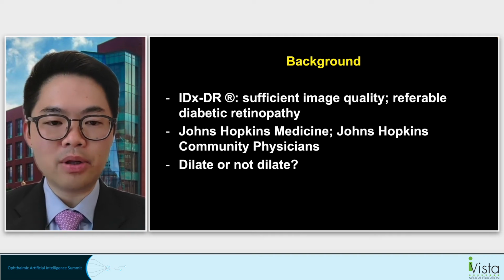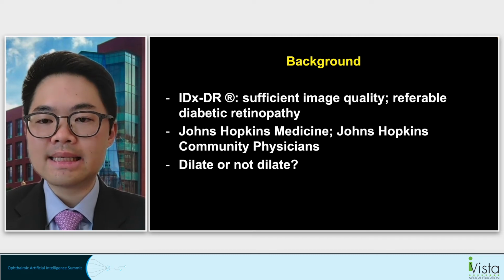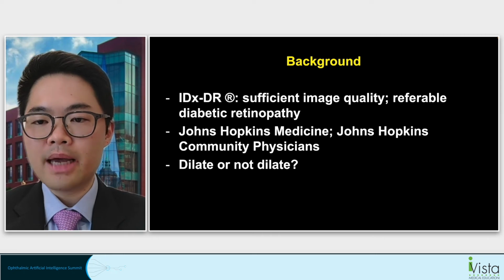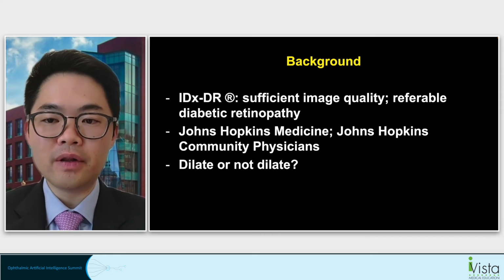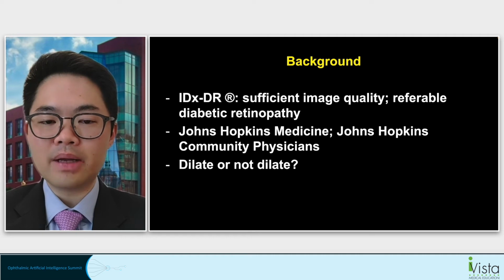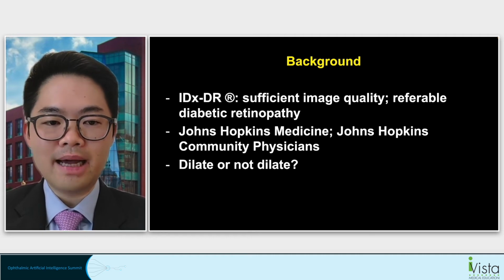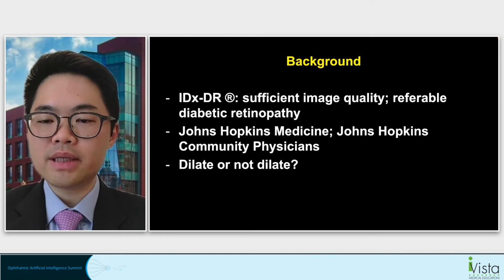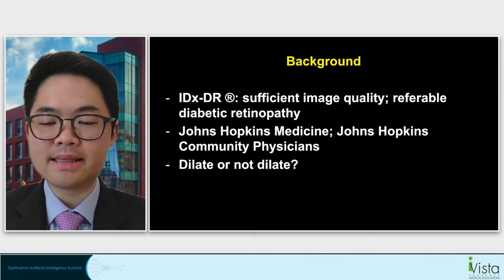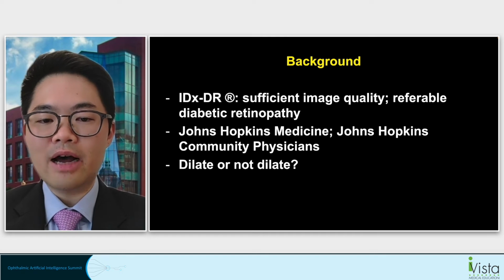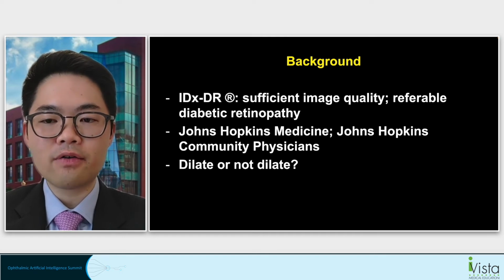The system that we deployed at Johns Hopkins is the IDx-DR system developed by Digital Diagnostics. It is the first FDA-approved, fully autonomous AI system in any medical field. Overall, the algorithm has several components. First, it is meant to be used in a primary care setting using the Topcon NW400 camera. And for each eye, 2 images are first taken,